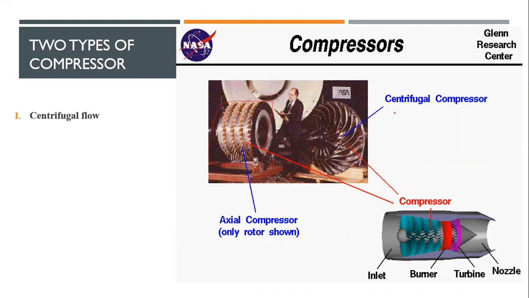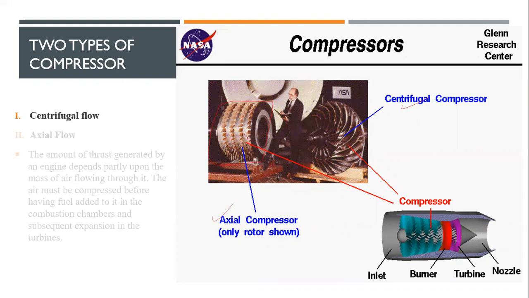Now, we'll discuss centrifugal and axial in depth. Right now, we have both of them together, so you can differentiate between them. This is a real picture, so that you have an idea what we are being taught. You can see the animated one in the picture below. Centrifugal is mostly installed in a single-shaft type arrangement because it is very effective. But axial is also preferred because you can have a number of different stages. So we'll see the benefits and disadvantages of both of them one by one.